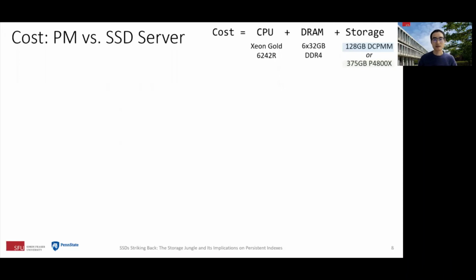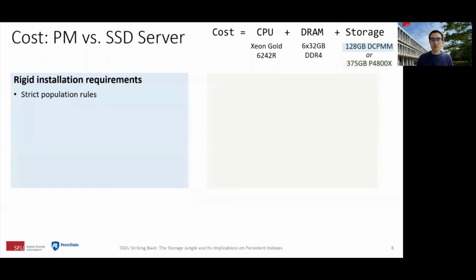And also we need to consider the CPU and DRAM cost, which are the actual devices that allow us to access data stored in the storage device. Let's start with persistent memory on the left. It has very rigid installation requirements. We have to follow strict population rules about DRAM DIMMs and DCPMM DIMMs. For example, for each controller, we have to have at least one DRAM DIMM to be able to even boot